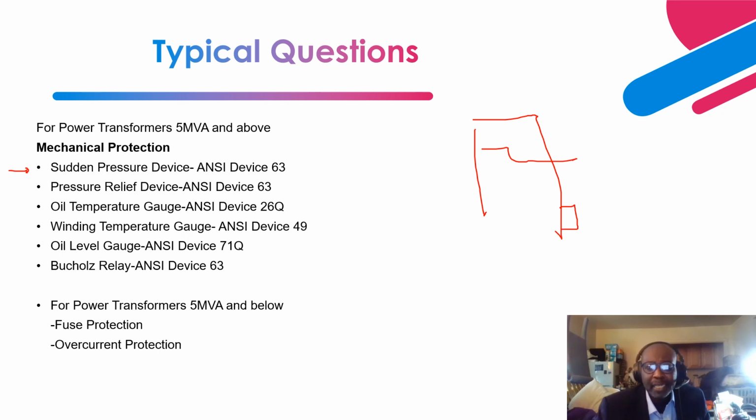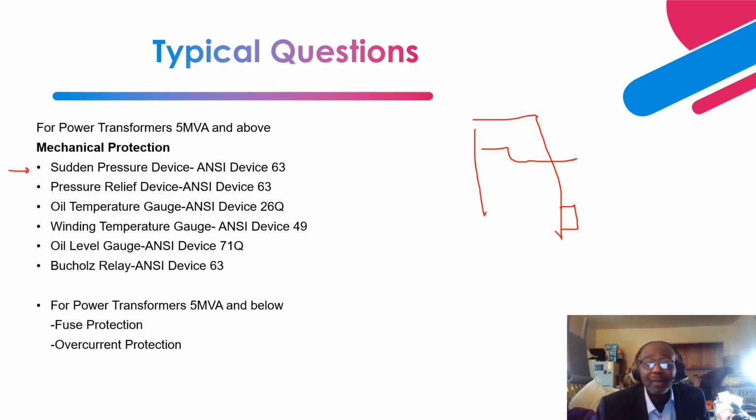Depending on the criticality or the application of the transformer, you can have more than one sudden pressure relay, because it's a mechanical device and is prone to spurious tripping and spurious alarming. So in the nuclear environment, two sudden pressure relays are utilized, one mounted in each corner,